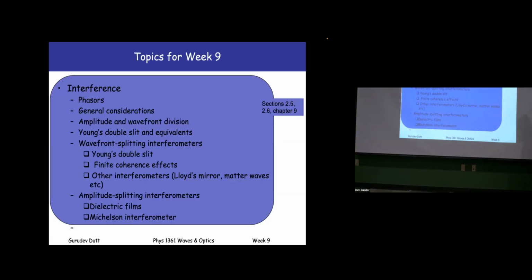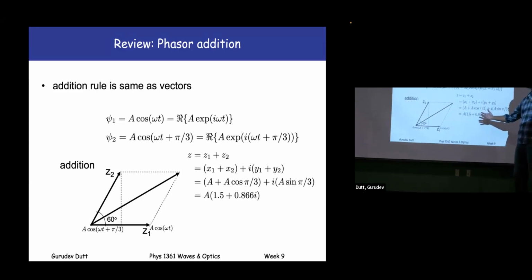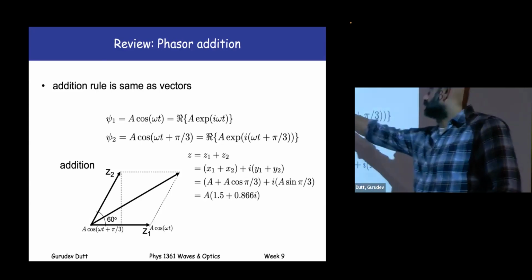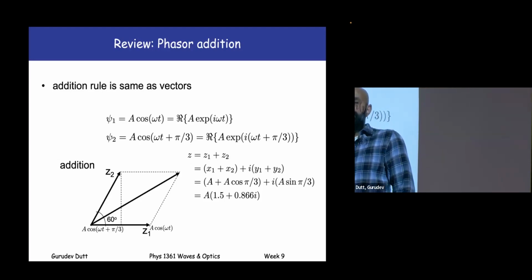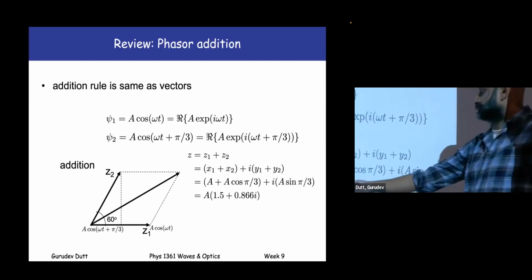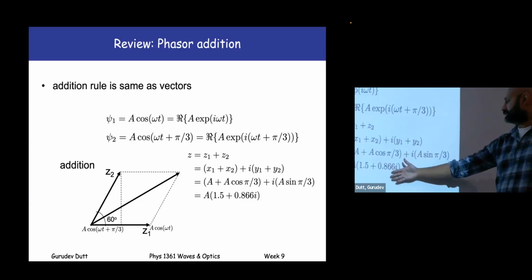Okay, for today's lecture, as I said, we were looking at the addition of waves, and I told you that a phasor, by choosing the complex number e to the i omega t and taking the real part, represents, say, wave 1. Wave 2 would be similar, and then addition of these two vectors can be done by typical complex number addition algebraically like this,